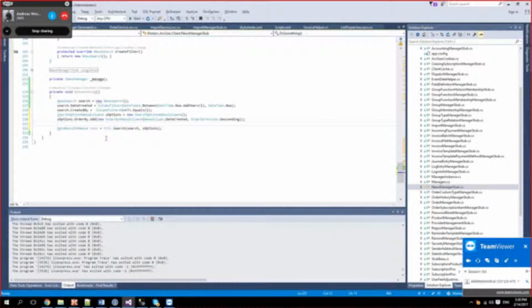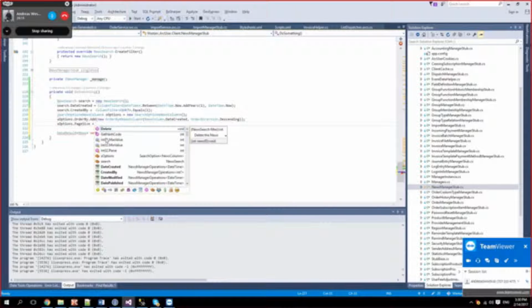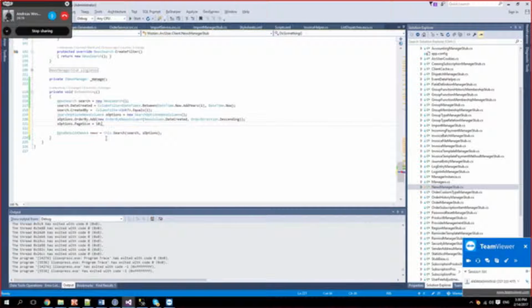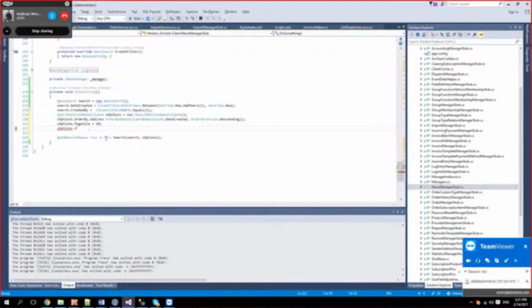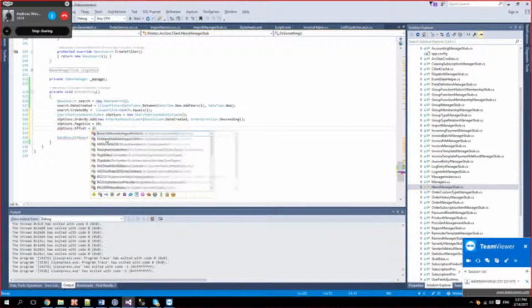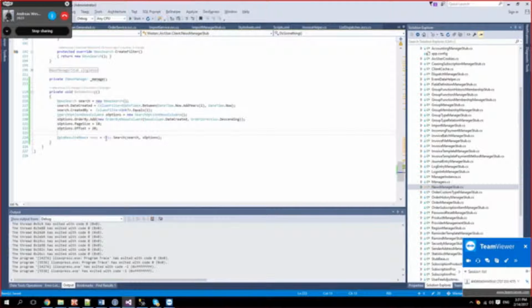Besides this, we also got paging built into the generated framework as options. Page size, let's say we want 10 rows each page, and we want offset 20. It's like lazy loading.